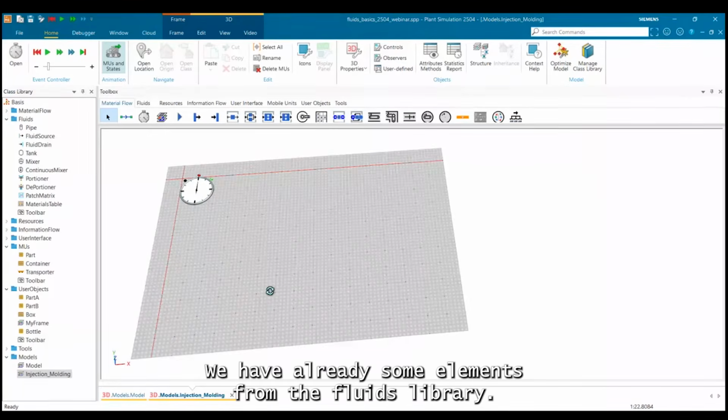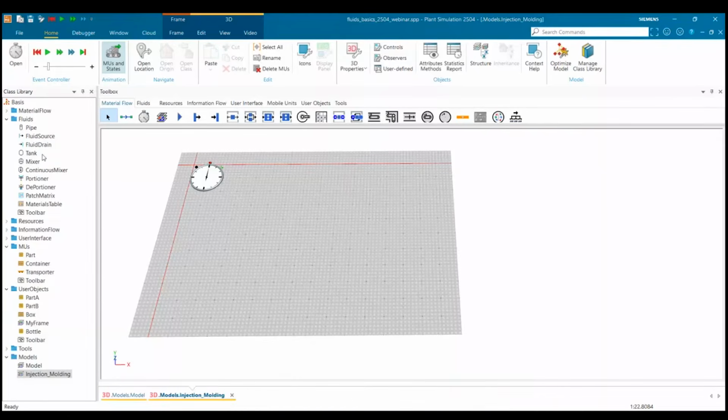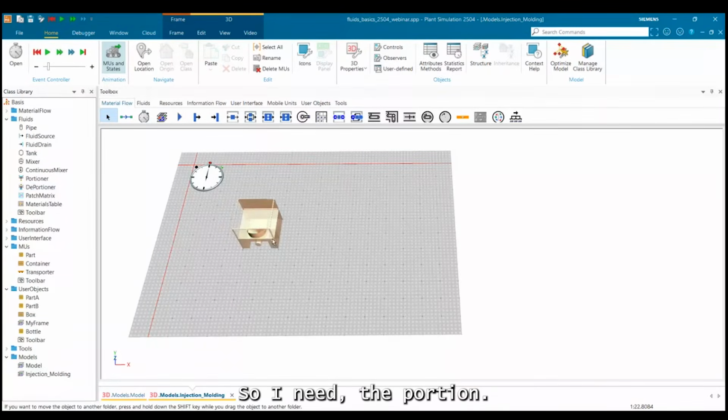Okay, we have already some elements from the fluids library. We had a fluid source, fluid train. We can also have more, I'll show it in the next webinar. And for changing from a MU to fluid, we can use the deportioner. So I need a deportioner.